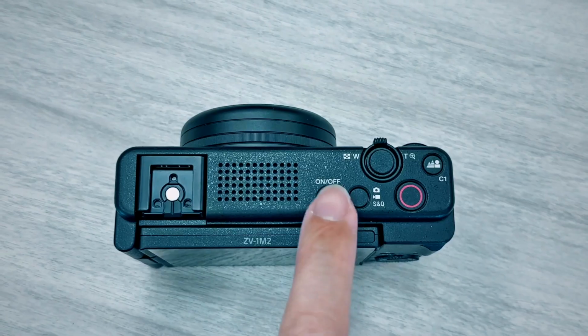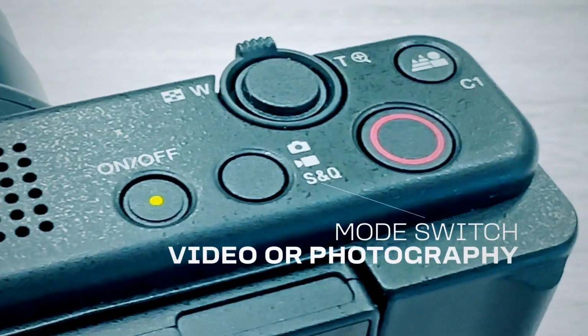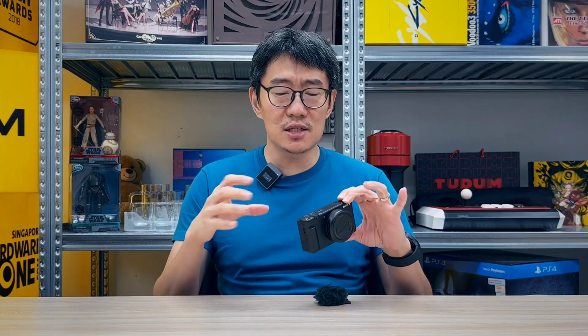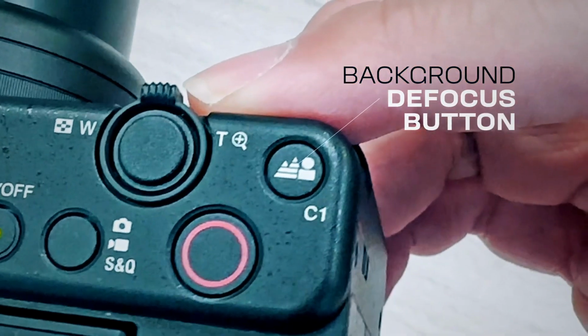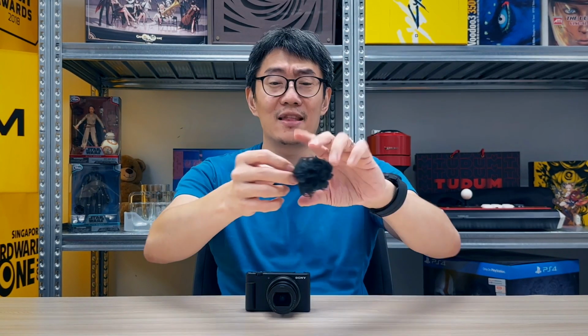It is a compact camera, so most of the top plate is just very quick buttons to get you to shooting real quick. On off button, there is a mode switch between photography, video, and S&Q modes. You've got a dedicated button for still photos, you've got a dedicated button for video, and you've got some dedicated shortcuts for vlogging, such as a background defocus button, and there's another button behind for product showcase, which is something vloggers like to use, especially when they are showcasing products, when they want to put a product close to the camera and you always have to put your hand there to focus on the product rather than the background. So this helps with that, but I'm not really going to talk too much about that,